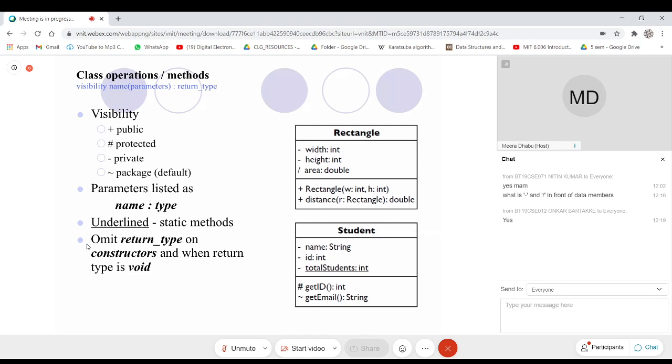If you look at the class diagram of the rectangle on the RHS, you will realize that there are two member methods. One is rectangle and another is distance. The rectangle, which is nothing but the name of the class, is a special method called the constructor. There is no return type mentioned.